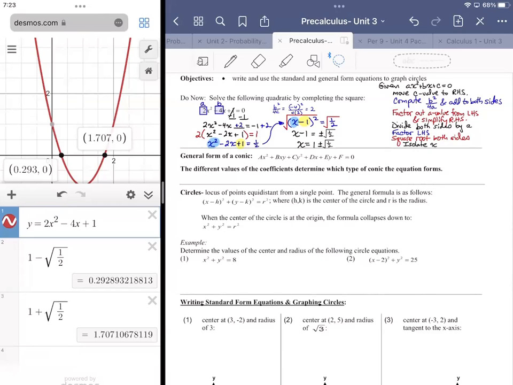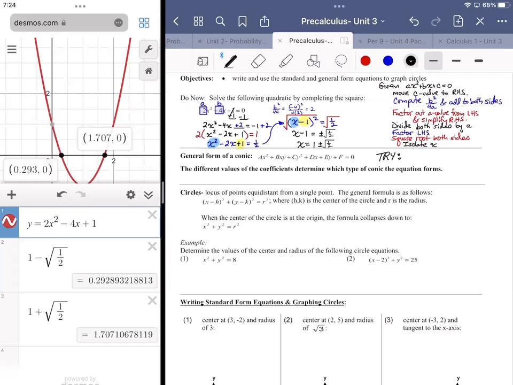We're running low on time here, and I don't want to get too far into completing the square of the conic sections. So what I'll do is I'll just throw in another example here, and I'll call that the quote unquote homework. It's not really. I'm going to make it a starred problem, a practice problem that we'll go over next time. So I'll say try